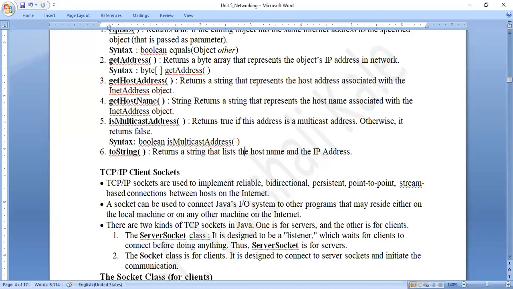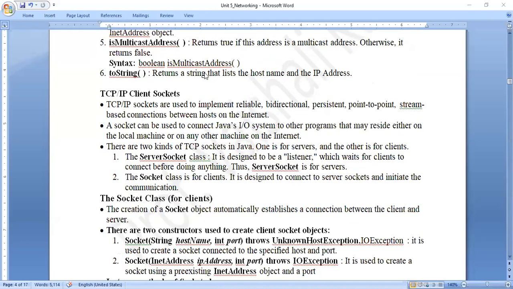NetBeans is taking a little long. Anyways, till then you can see the screen. So let us cover the theoretical part a little bit till NetBeans comes on.